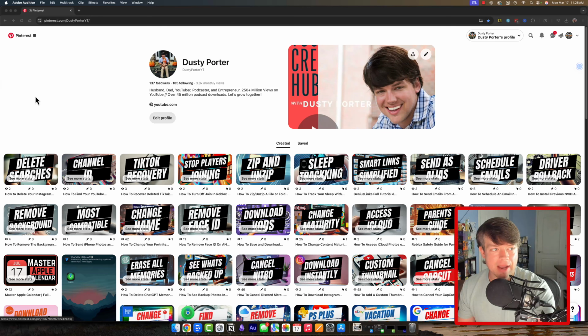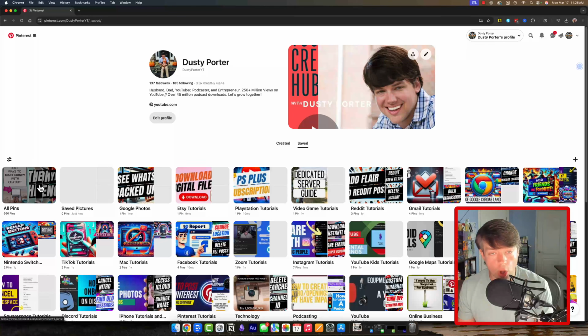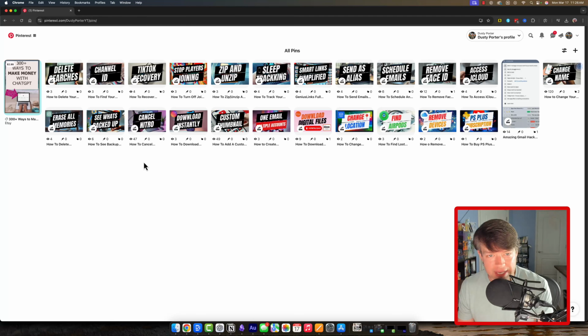If you're on desktop, however, you go to Pinterest.com, log into your account, go to your profile in the upper right-hand corner, and click into your profile there. You're going to see the created and saved tabs. Go to the saved tab here, go to all pins, which will be the first set of pins there,